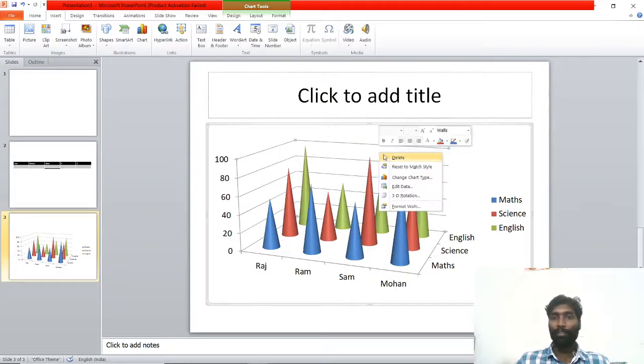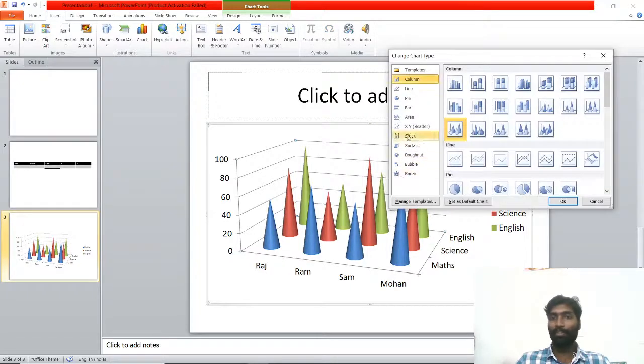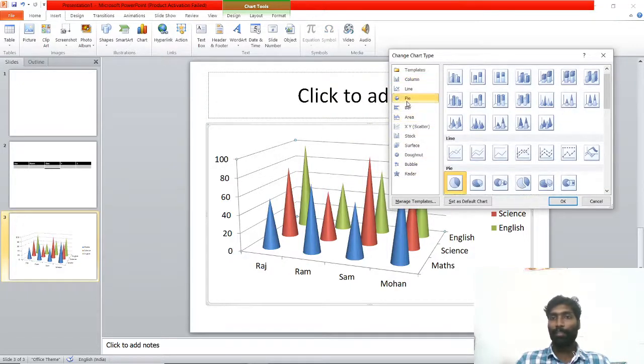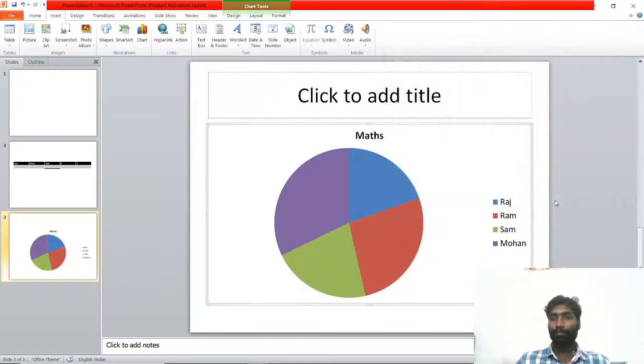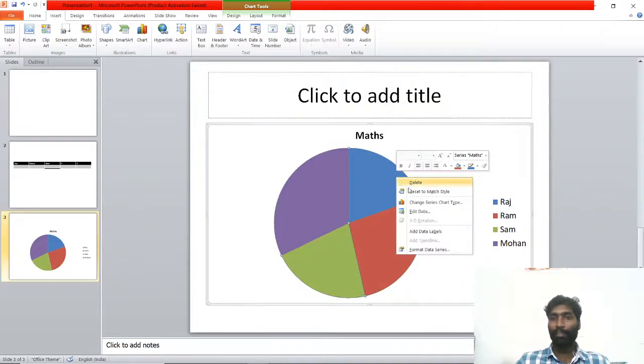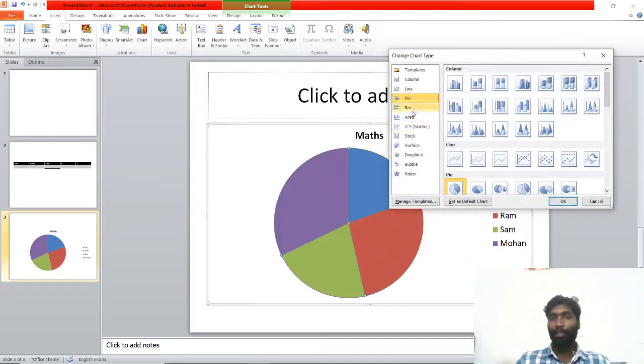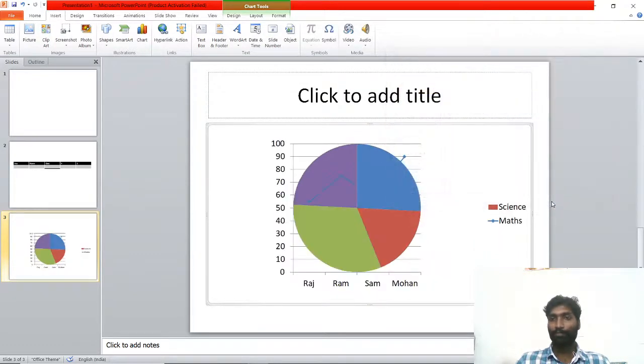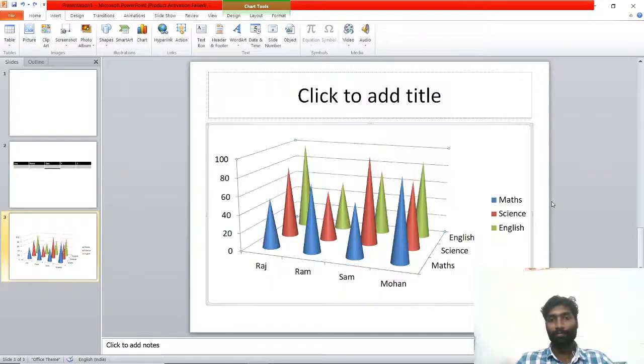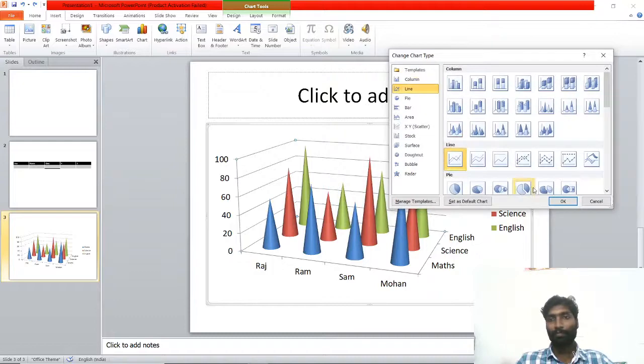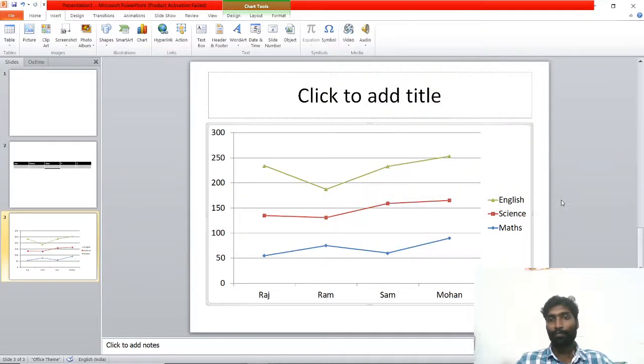If you didn't like this, again change chart type, just right click, pie chart, or again right click, chart type. Now we can give line chart.